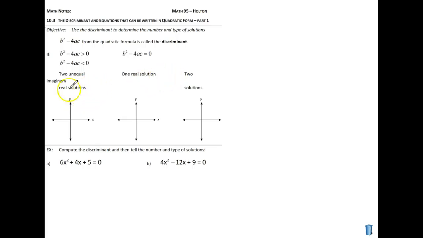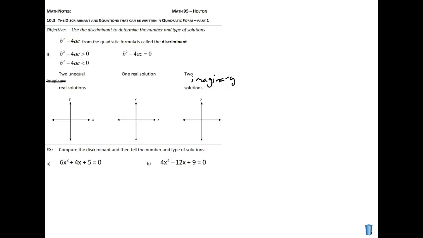equation. I apologize here because this really should go down here. This should say imaginary down here. Okay, so there are three different possible things that could happen. You could have two unequal real solutions, you could have one real solution, or you could have two imaginary solutions. And I put little graphs here because I want to show you what that looks like on